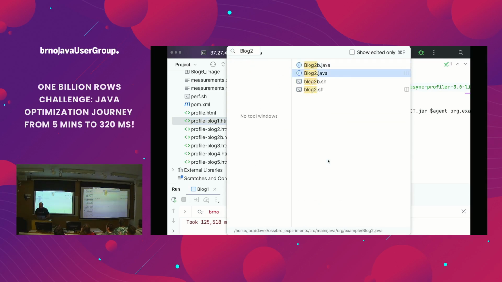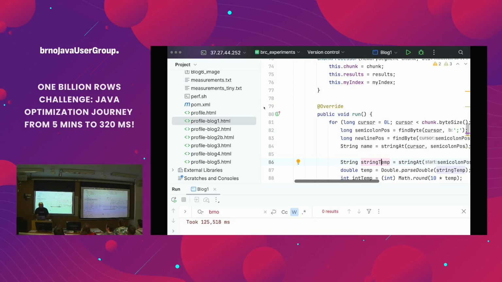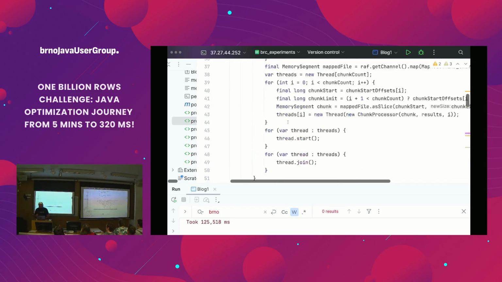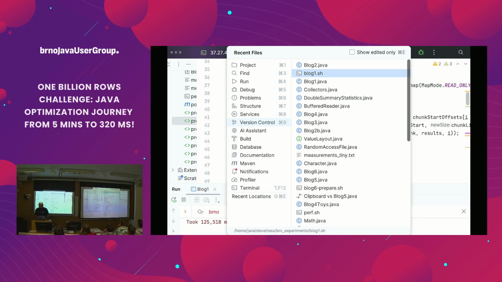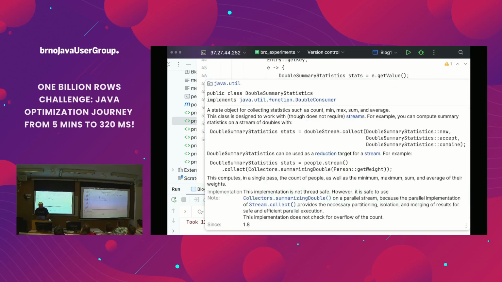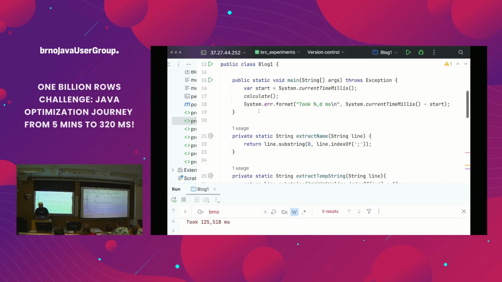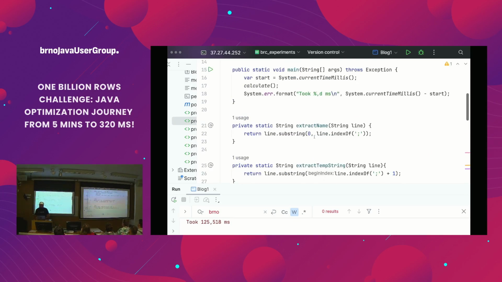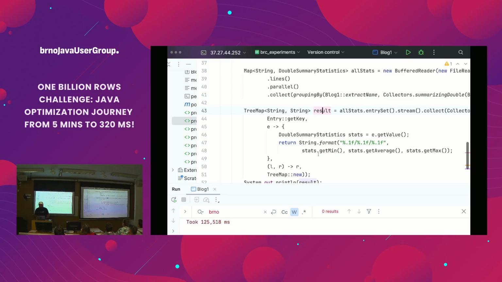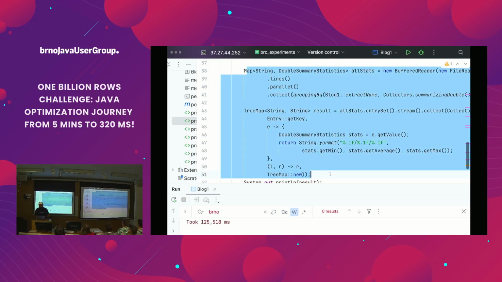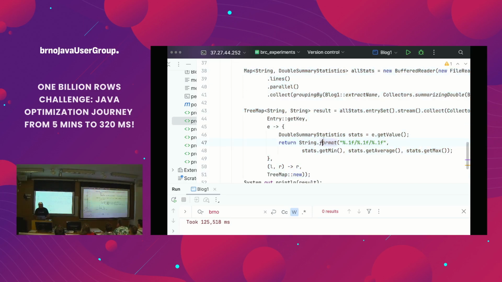Let's have a look at the implementation. Maybe one comparison: the reference implementation has what, 50 lines, and half of it are just utility methods, really. So the meat is just this, 20 lines, not even that.